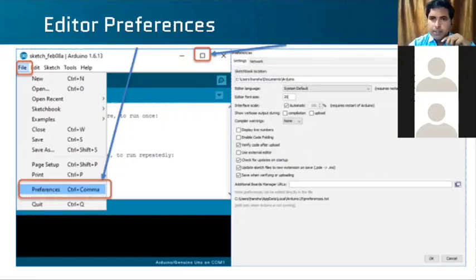Just listen to whatever I'm teaching. See here in the preferences, there is an option: show verbose output during. There are two options, compilation and upload. And when you are getting any error while uploading, suppose it is not uploading to the board,